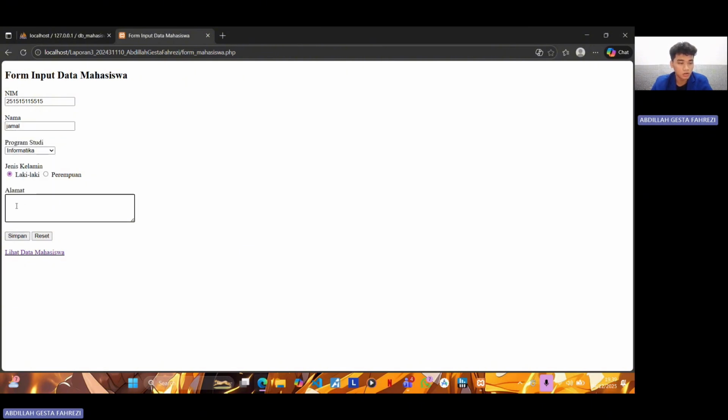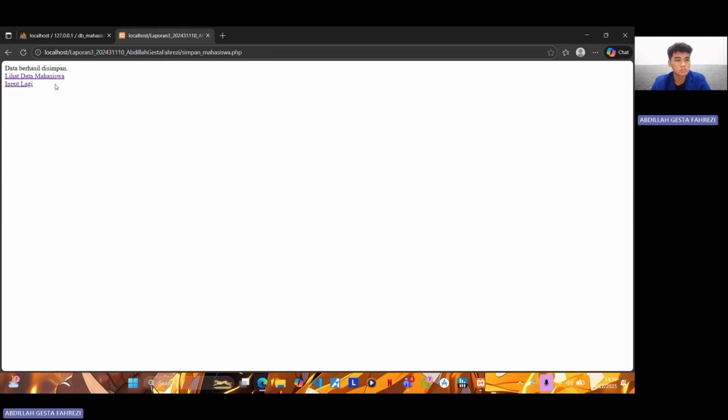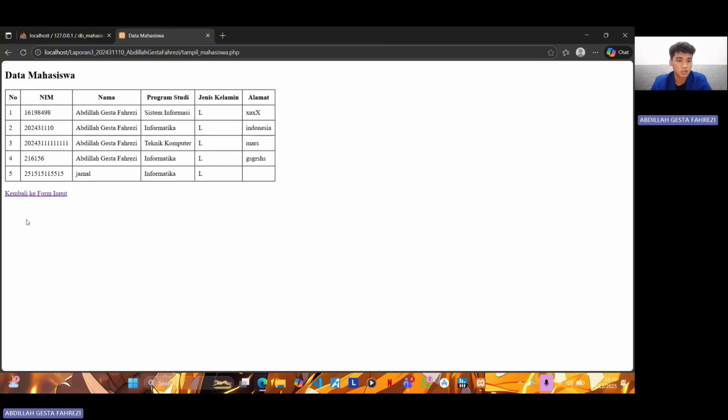If we leave this empty, it's okay. We click simpan, and if we want to see the data, click this. And now we have the data to see.